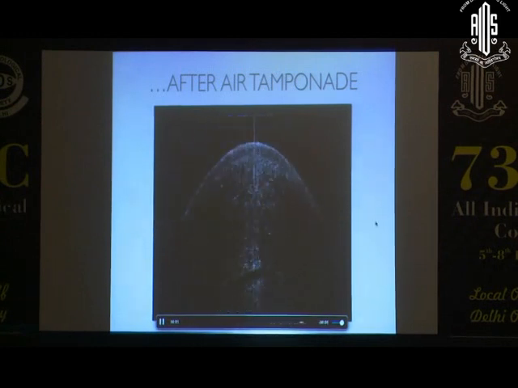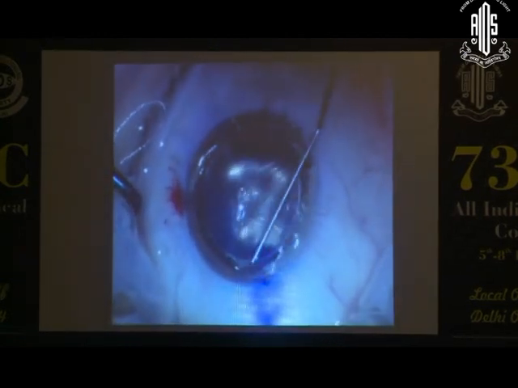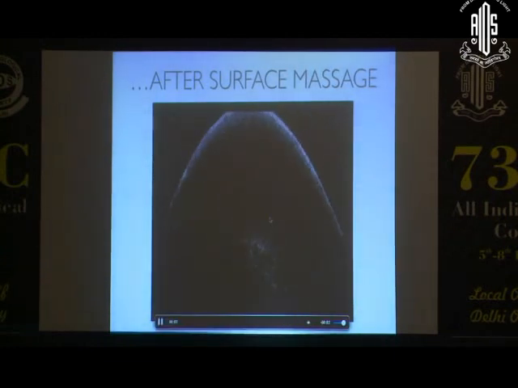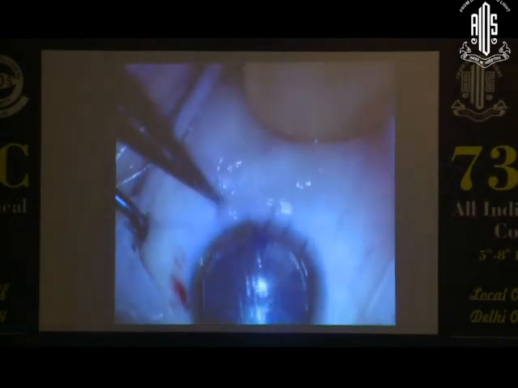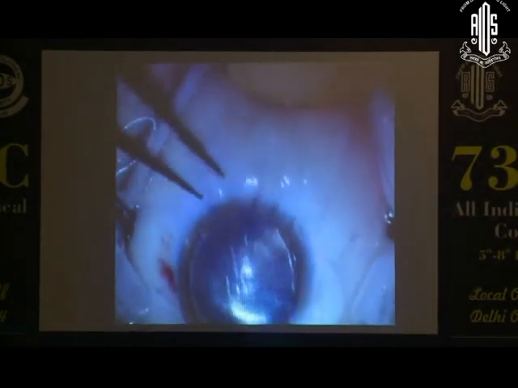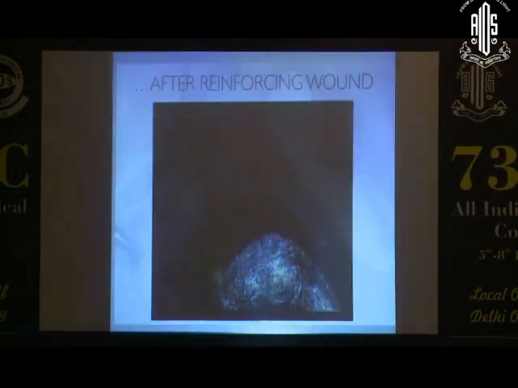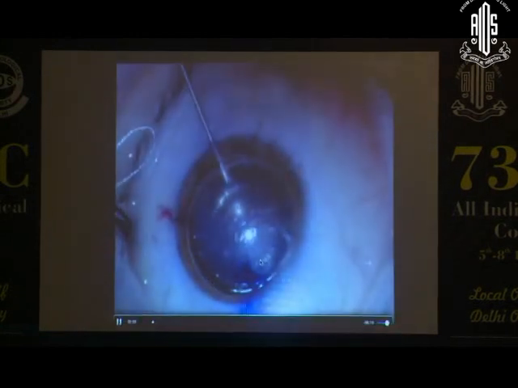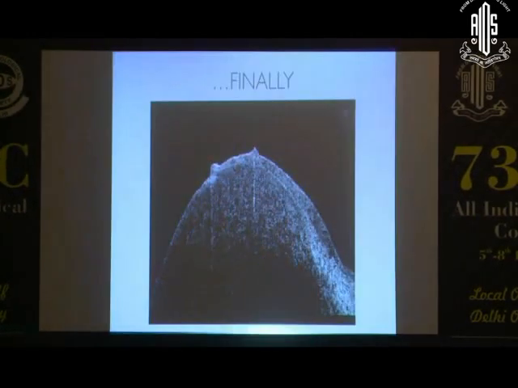But this again seems to be a risk factor for dislocation. So you need to keep injecting air and massaging the surface of the cornea till you have as little gap as possible. As you see here, the gap is reduced significantly from the previous procedure. But then again, if you are unable to achieve a complete air fill, you probably need to resuture the cornea and then insufflate more air inside the eye. Once you reinforce the wound, you see here again that the gap in between is much lesser. And finally, after your final air fill, you increase the pressure to a significant amount,